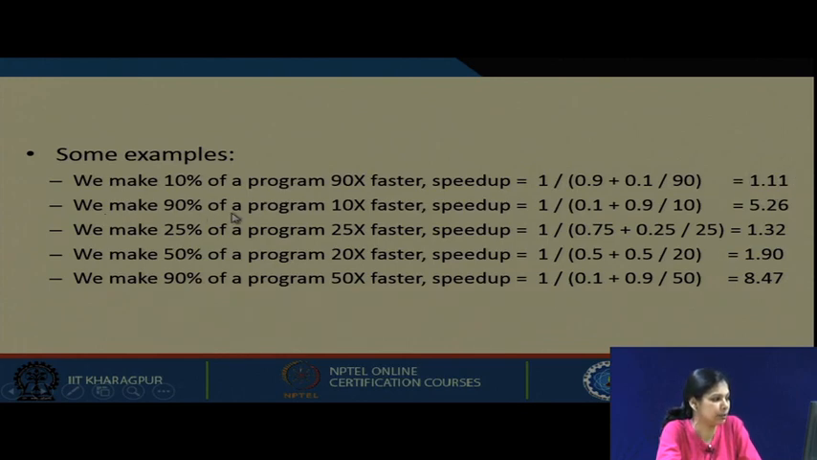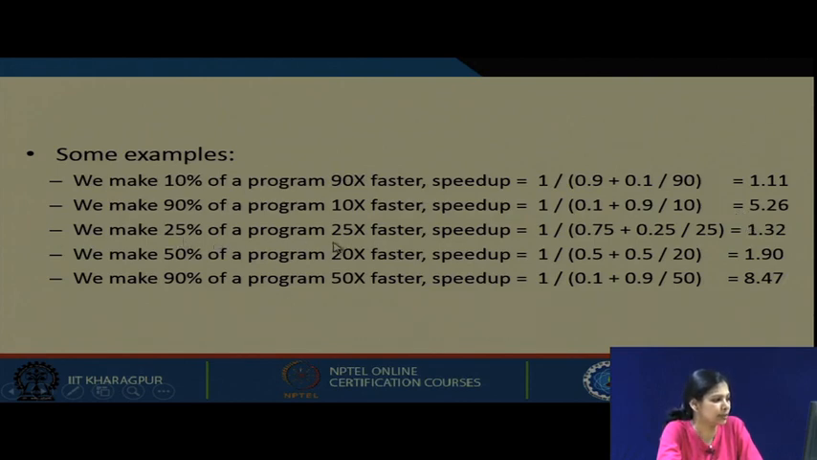Now we make 90% of the program 10 times faster only, but that portion is 90%. So 1 divided by 1 minus f plus f by 10, and we are getting 5.26, which is much more, though we are only making a speed up of 10 times. So making a 10 times speed up of a portion which takes most of the time, that is 90%, will give a better result. Similarly,